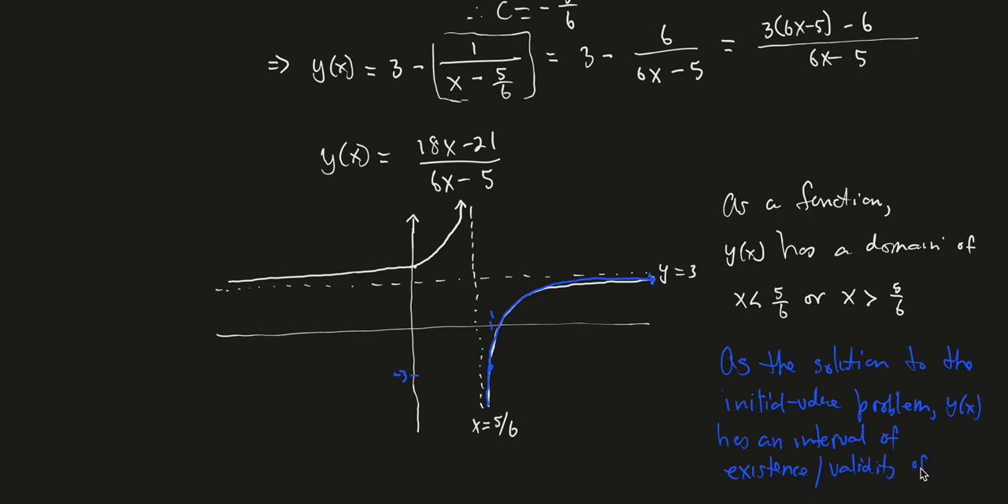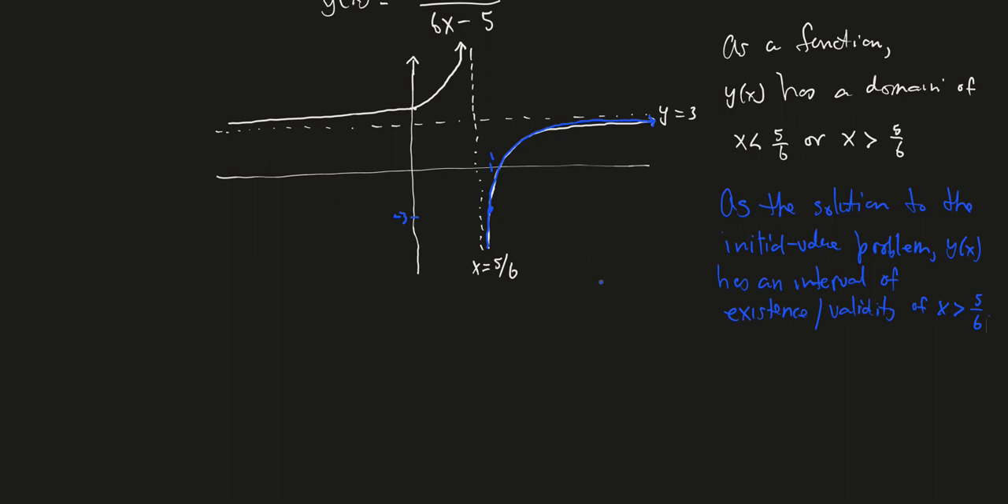Validity of x greater than 5/6. Right? So that's the subtle difference between just, again, the general concept of the domain of a function versus the interval of existence of the solution to an initial value problem. So it's kind of like process-wise, it's not a huge step, but it's more a conceptual step that we're making. So let's actually write down